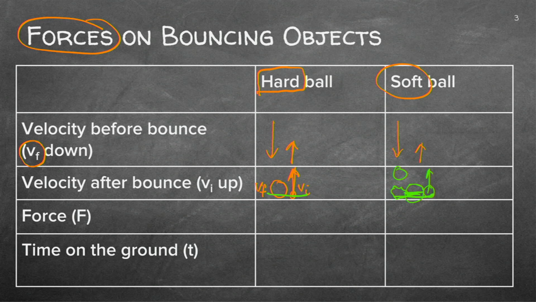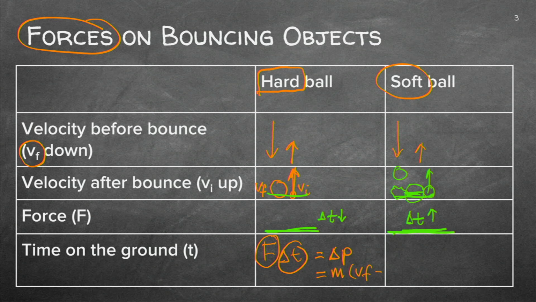The force on these balls will actually just be from the ground, but it will be different because the touching of this one will be longer and the time for this one will be shorter. Now remember, you did an equation when you did momentum where you said there's an impulse, which is the force and the time. That will change the momentum. And we calculated the change in momentum with the final velocity minus the initial velocity.